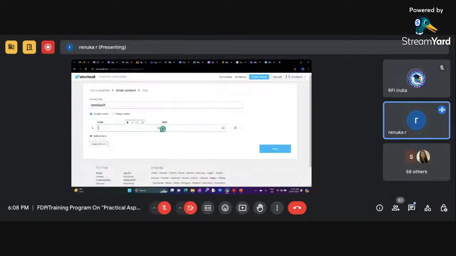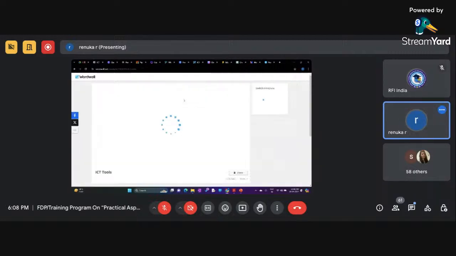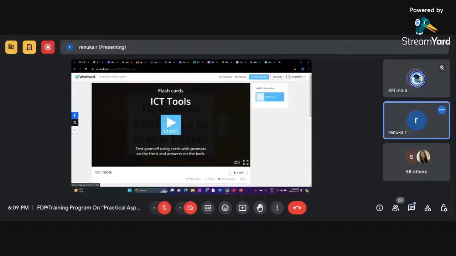Here we can give the title. Say for example, we can give something like "ICT tools enable us to teach better." We can create a flashcard like this. So this is one small template which we have created. Like this we can create as many as we want. See, if I start here,